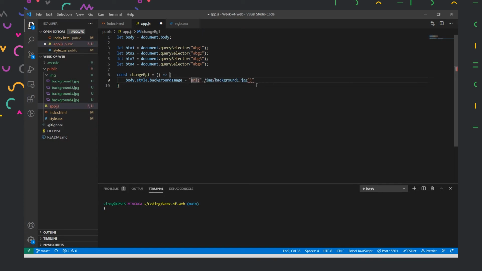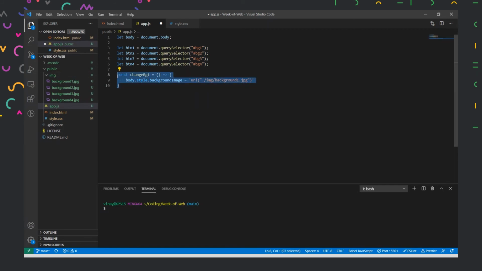And you see there is one error over here. What is the error? I can't use double quotes inside double quotes. So to fix that, I could use single quotes outside, and that should fix the problem. Yes, now inside single quotes we can use double quotes, and it knows which string is ending where. And inside this, on clicking the first element, let's say, it will switch to background one.